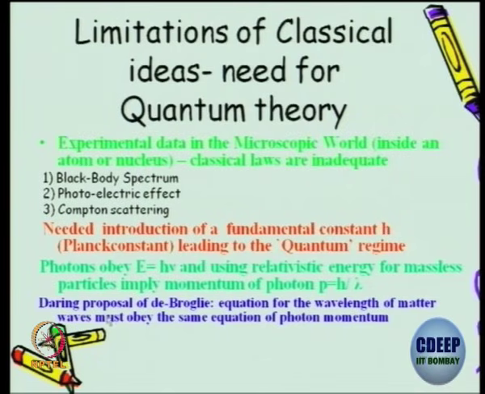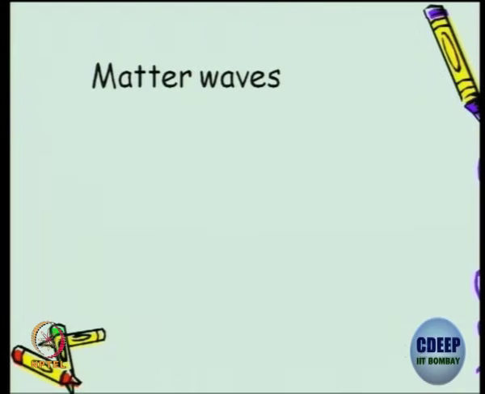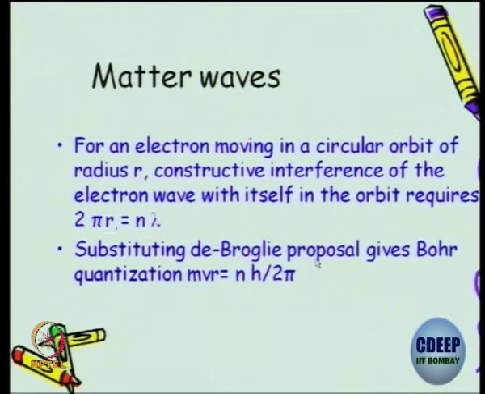The wavelength of matter waves must obey the same equation as photon momentum. Okay. So, once you start looking at matter waves, you can look at them moving on an orbit, and look at the circular orbit with constructive interference, and the constructive interference will give you a condition for a wave: the circumference to be equal to an integral multiple of lambda. And once you substitute the de Broglie proposal for lambda, you can also rewrite angular momentum quantization. This is your famous Bohr quantization which you would have read as a proposal. I am just trying to say that once you start taking it as a wave and look at constructive interference on a circular orbit, you automatically get quantization of